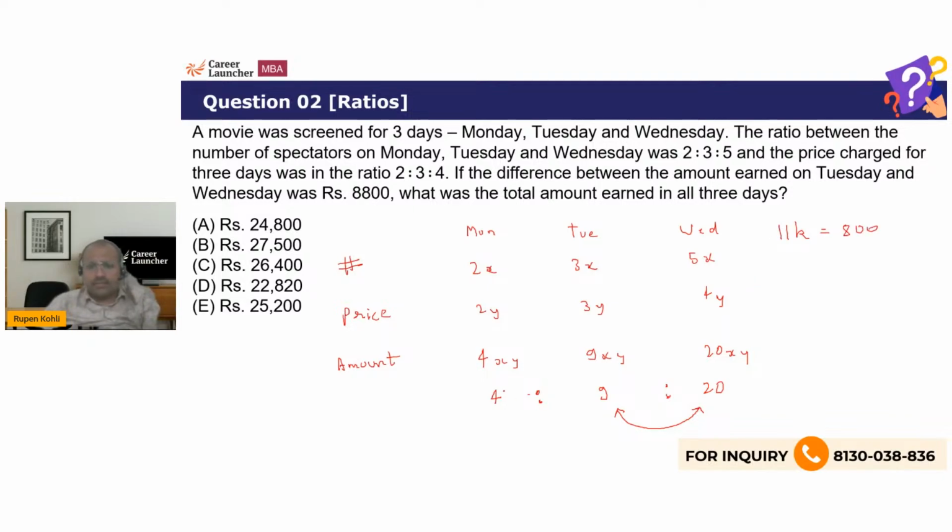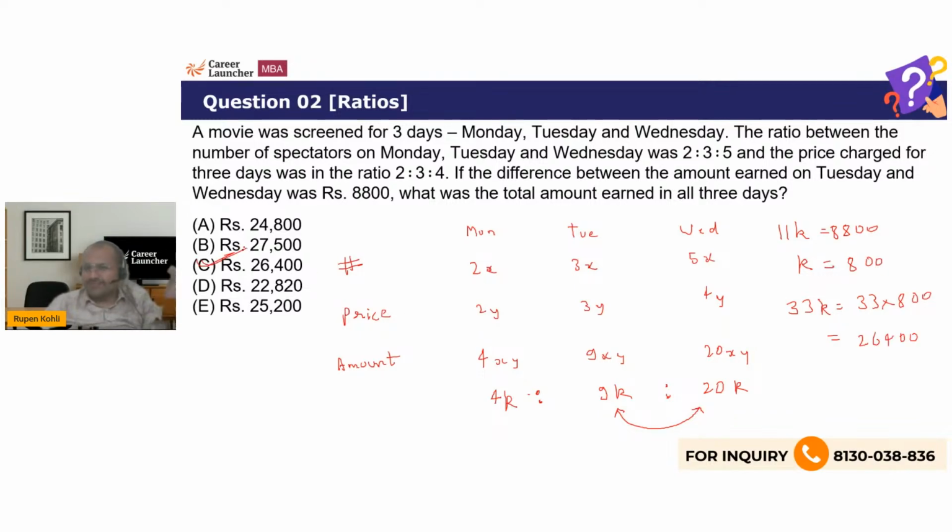If I just take a simple ratio constant, therefore my k is 8800 over 11. So 11 cancels, 800, right? So that's all. Total amount earned, just add 4 and 9, 13, 13 and 20, 33k. So what's 33 times 800? That's all I need to do. 240 plus 24, 264,